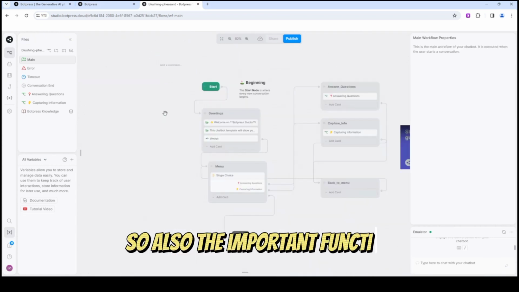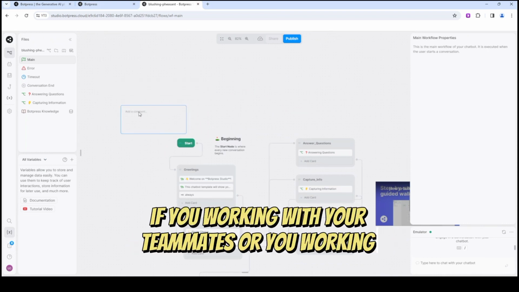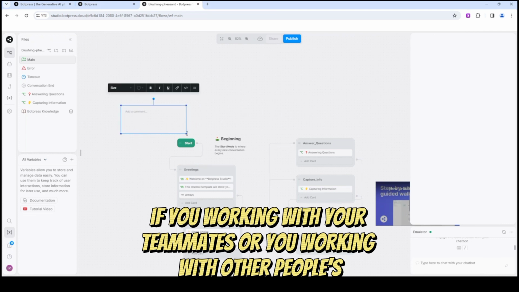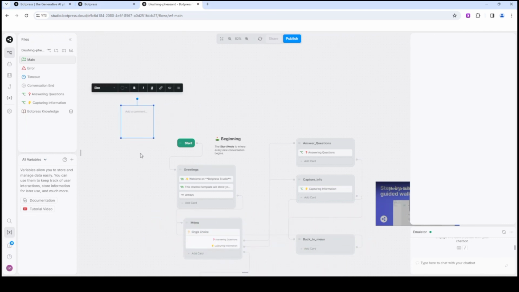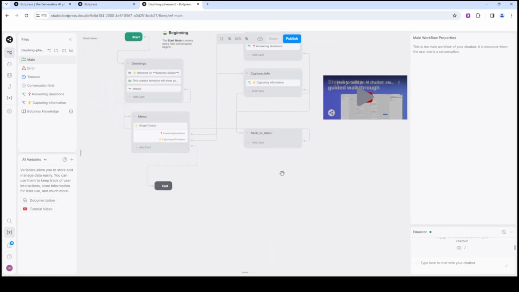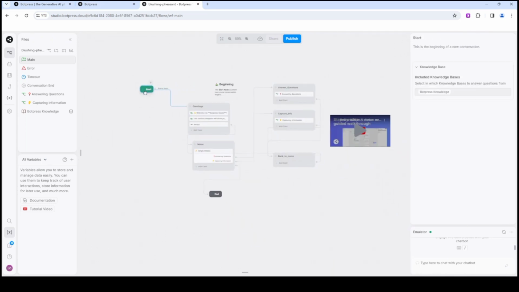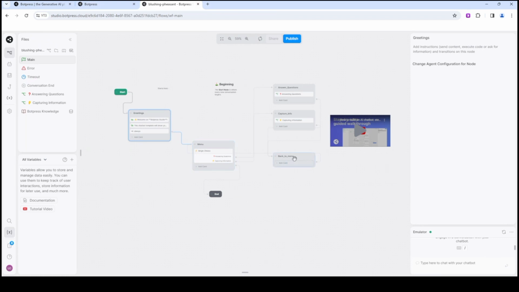Also, an important function: you can add a comment if you're working with your teammates or other people. All you need to do is go here and add a comment, something like that, so they would know what you are doing and what you did in some places. And you can also extend it to be able to understand the logic of this. As you can see, it is